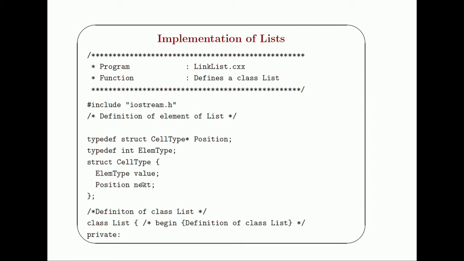And here what have we done? Element type, which is of type integer here, is value, and element type is something that the user will define. You, as the designer of the ADT, will say it is a list of element type. Element type definition comes from the user. So, you will have a separate .h file which will tell you how the element type is represented, and position corresponds to the next, again because the next element is again a pointer, that is what we do.